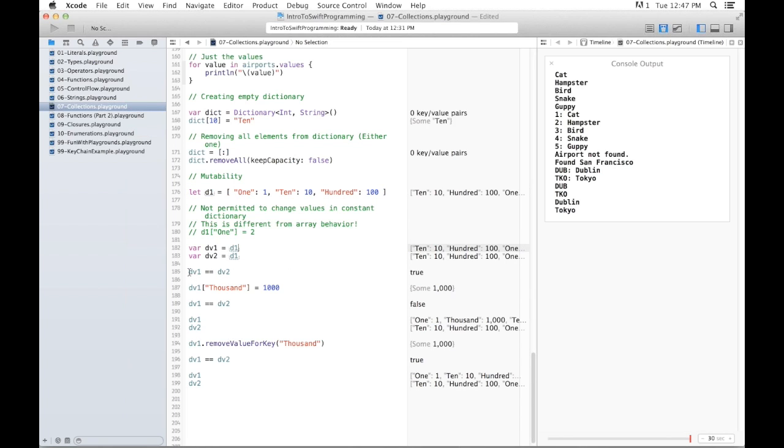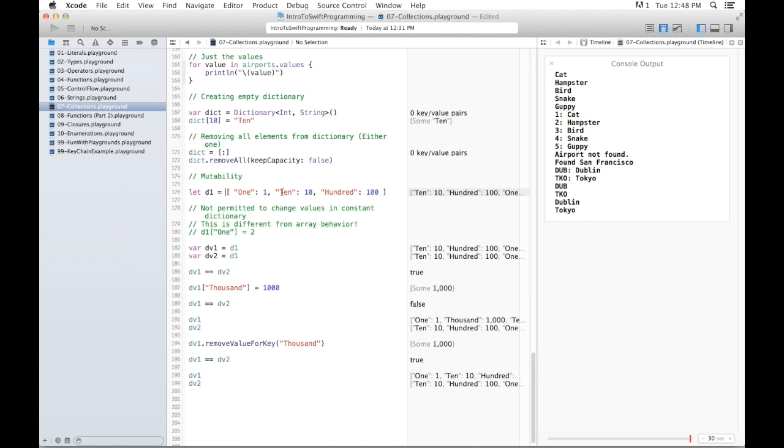And I can test initially whether or not they're the same, and in fact they are. So both of these variables are effectively pointers pointing to that constant dictionary. If I then take dv1 and I add a new value for the key thousands, with the number 1000 in it, so what I've done basically is